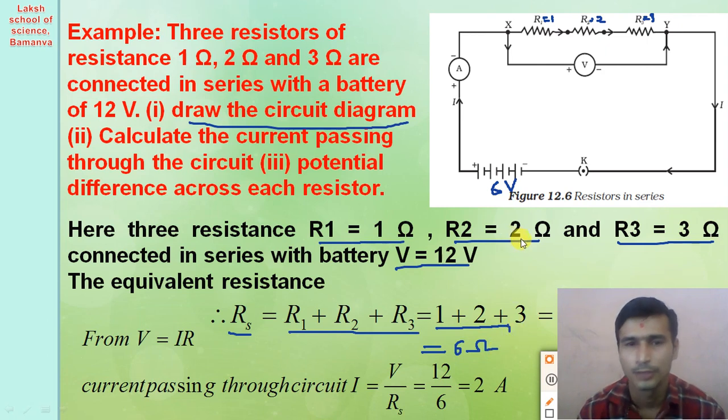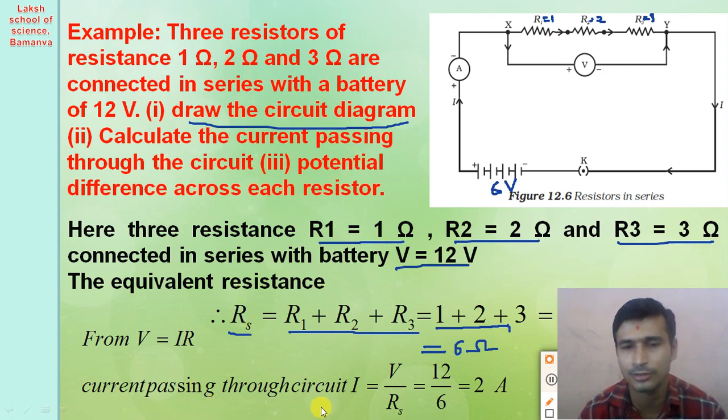So first we calculate the total resistance of the circuit, and the total resistance is calculated like this. The total resistance is a sum of the individual resistances. We can calculate it for any value of the resistance. Second point is